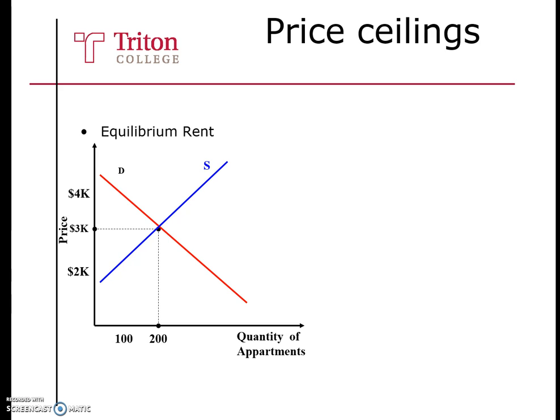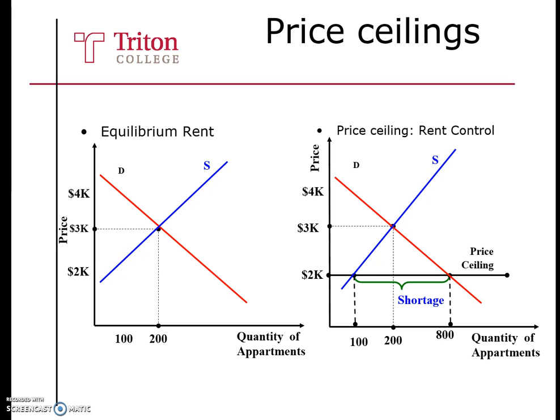Let's assume we are looking at the market for apartment rental. The equilibrium price in this market is $3,000. At $3,000, equilibrium quantity is 200. And let's assume that this price is too high and the government decides to come in to help consumers. So the government will